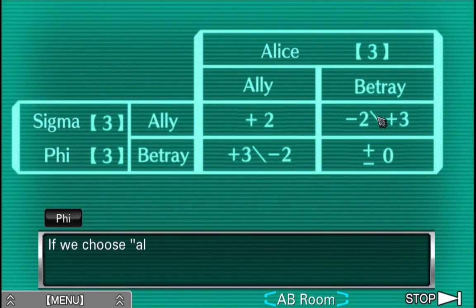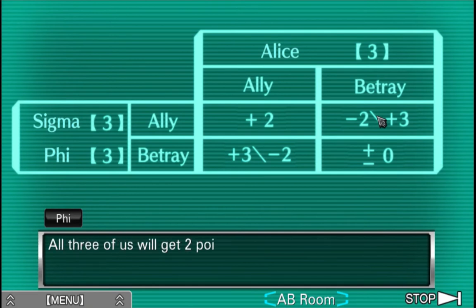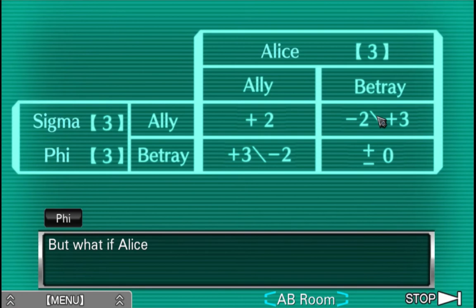Well, if we choose Ally, and Alice does too, then yes, it'll be great. All 3 of us will get 2 points. That would be ideal, obviously. And it would help everybody. But what if Alice chooses Betray? Don't you mean everybody? That BP will go down to 1. Right. And if that happens, we're screwed. So...